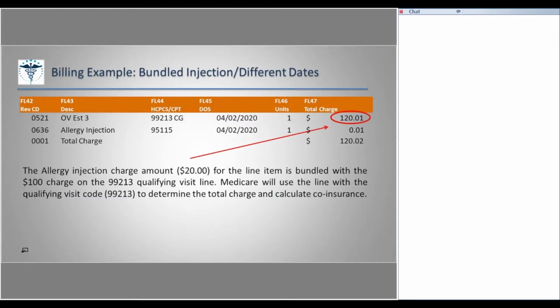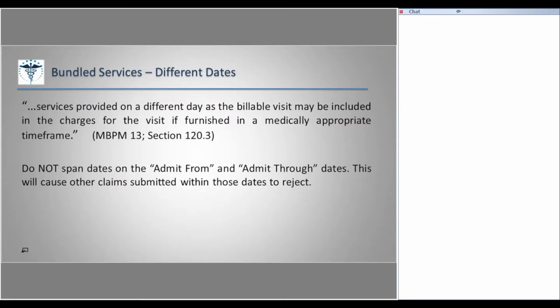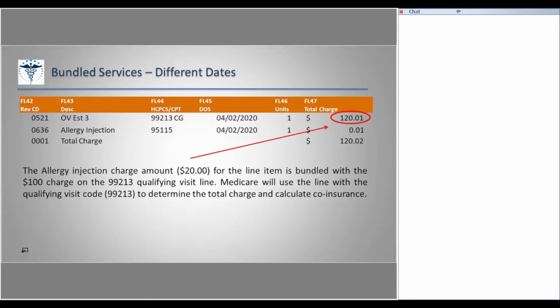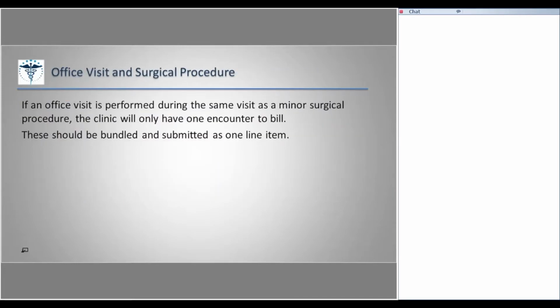But the allergy injection happened last month, and the patient comes in, and we're going to use the date of service on the actual office visit. So here I've got the allergy injection as 4/2. You know what I've never done is tried a different date on the allergy injection. I don't think it would pay, though, because it's got to match the from and through date on the top line of the claim. But effectively, different dates of service we're going to bundle in. This is language directly from the Medicare Benefit Policy Manual, so it's okay to do as long as it's a medically appropriate time frame. Where we have an office visit and a surgical procedure on the same day,